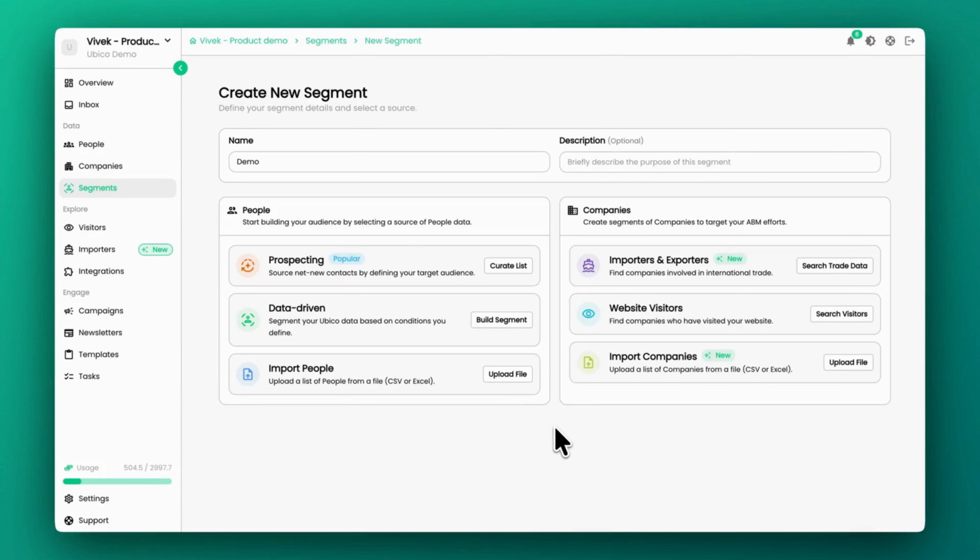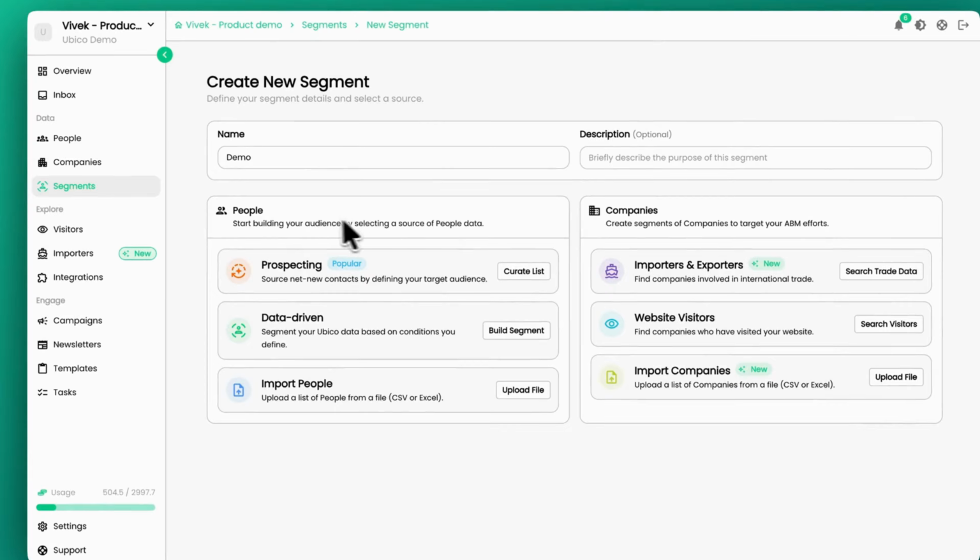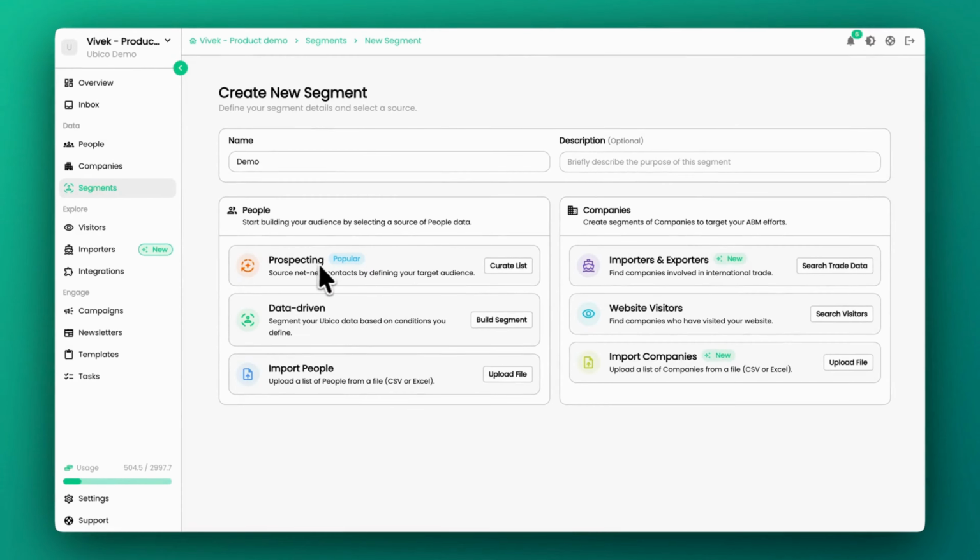Now let's talk about how you actually build your list. When you create a segment, it depends on whether you're looking for people or companies. For people, you have 3 ways. Prospecting if you want to find net new contacts, data-driven if you want to work with contacts already inside Ubico, or just upload your own list. For companies, you also have 3 options. You can pull from trade data using importers and exporters, find companies that have already visited your website, or again,